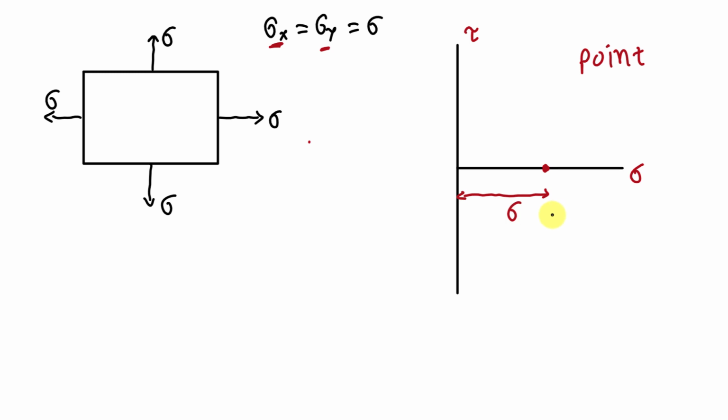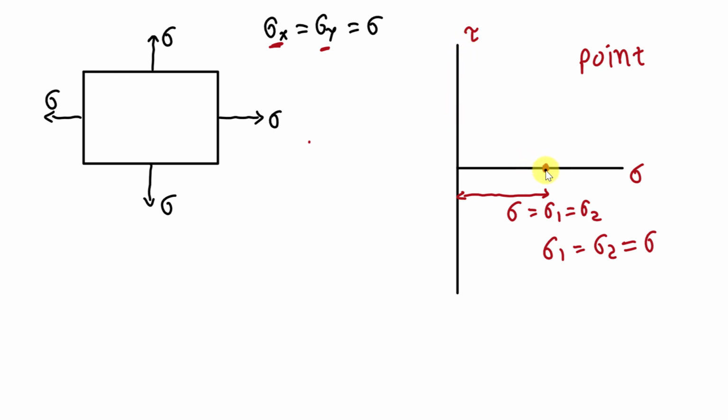And in this case, the values of sigma 1 and sigma 2 will be equal, and that is equal to sigma. So here this distance will be sigma 1 and sigma 2. And for this case, what will be the value of shear stress? At any plane of this body and at any point of this body, the value of shear stress will be 0,